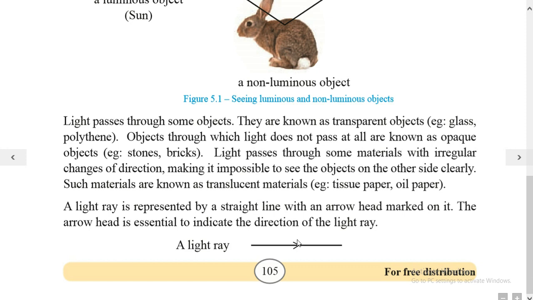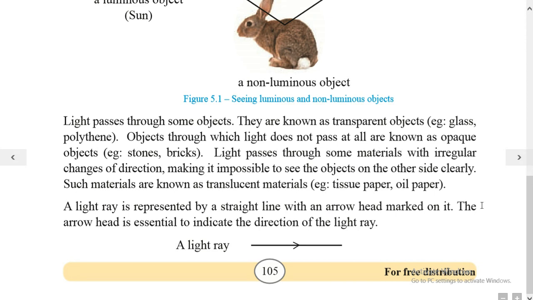What is the reason for drawing the arrowhead? That is to represent the direction the sunlight is traveling. From this direction to this direction. This is very important, the direction. Therefore, the arrowhead is very important to show the direction of the light passing through. This representation of a light ray is mainly used to draw the ray diagrams in light.